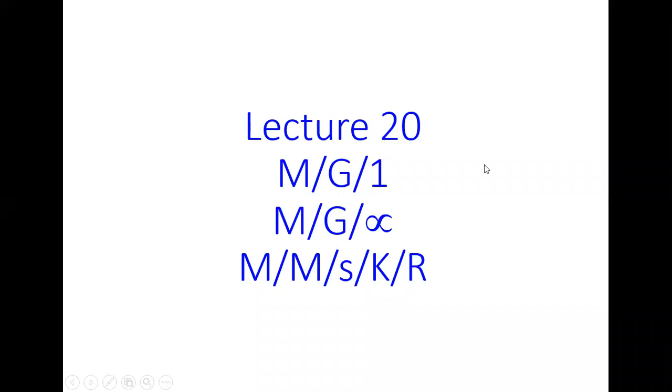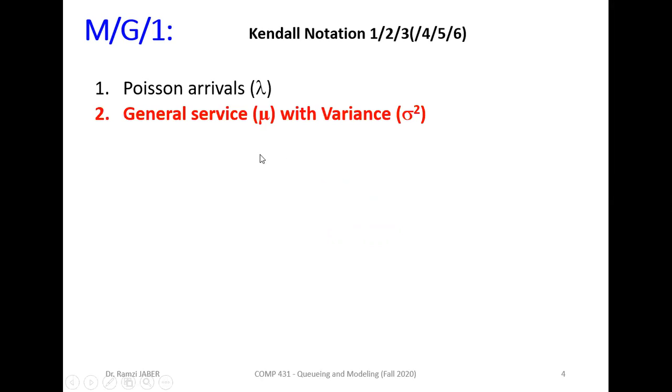Hello, everybody. Today, we'll continue our models and we'll talk about M/G/1, M/G/infinity, M/M/s/k/R models. M/G/1, in Kendall notation, M stands for Poisson arrival lambda, G general service mu, with variance sigma square,